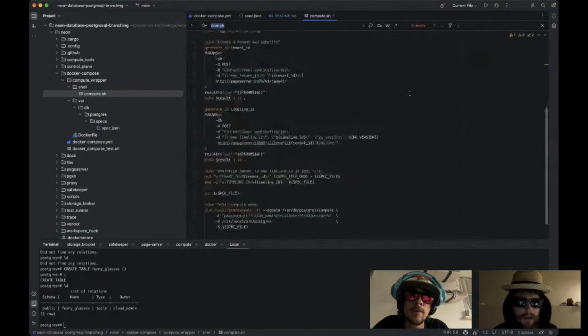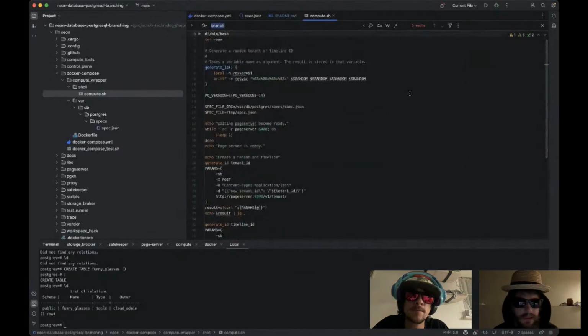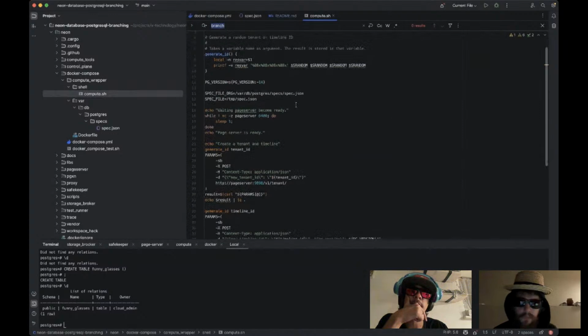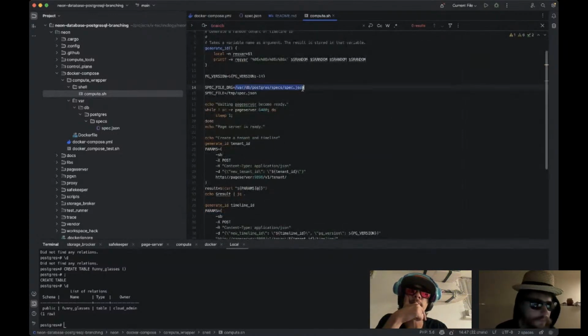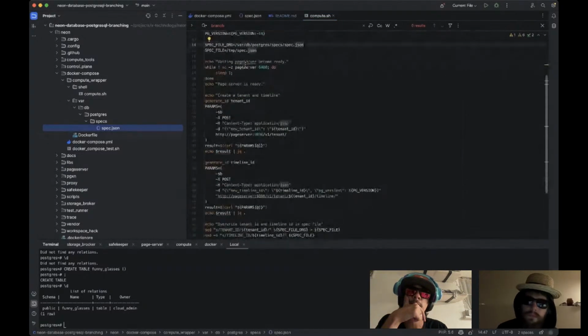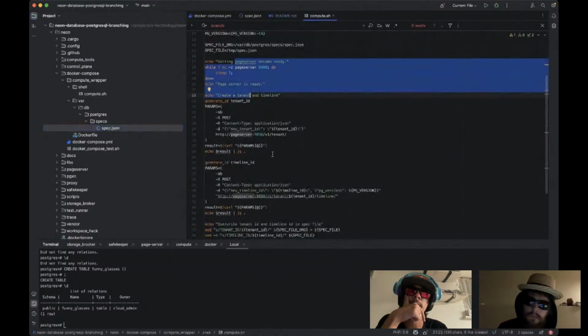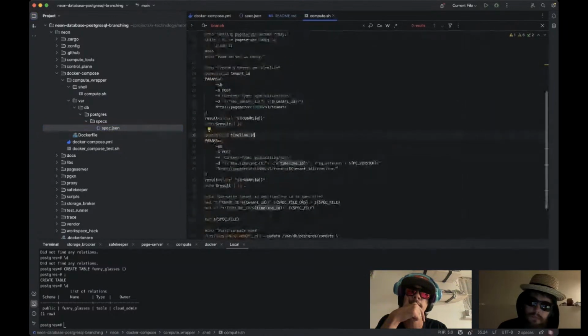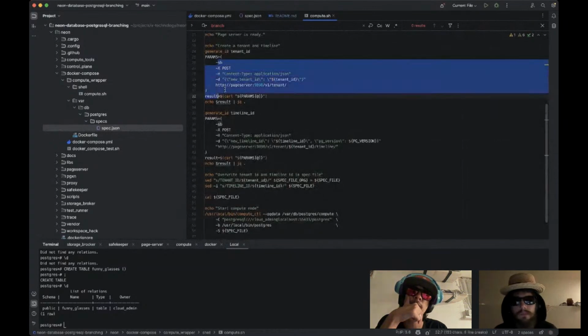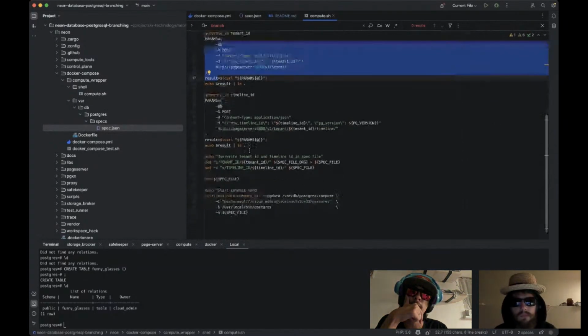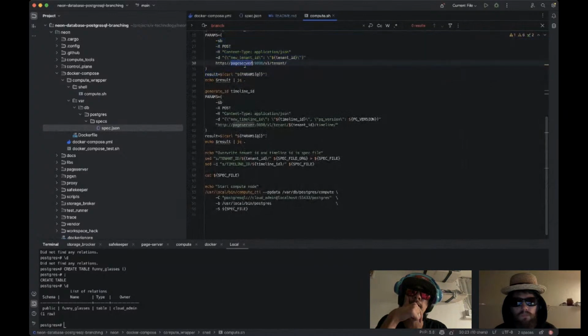I don't understand what it's doing. What is going on here? So it generates some ID, and I think based on this spec file, which is here, it starts the thing. Waiting for the page server to become ready, which is ready already. Generate tenant params. And says to the page server, there is a new